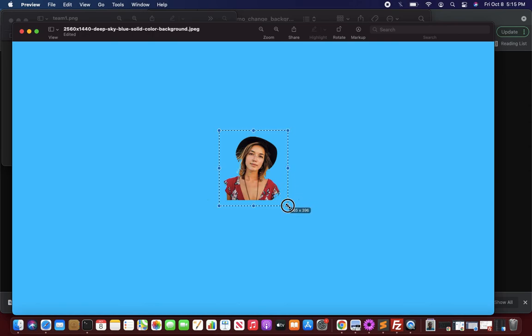It says here 365 by 396. So first find out how many pixels you need and drag around. Do a rectangular select and stop at the point where your pixels match your passport photo size.